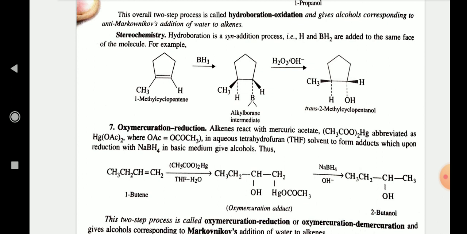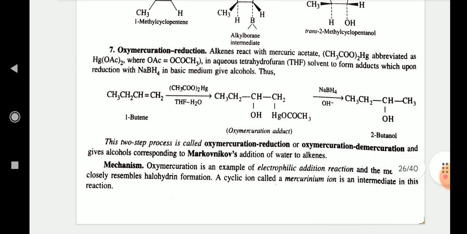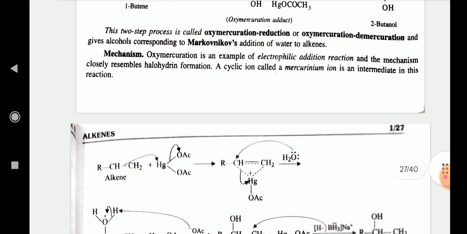Seventh is oxymercuration reduction. Alkenes react with mercuric acetate, Hg(OAc)2, where OAc is equal to OCOCH3, in aqueous tetrahydrofuran solvent to form adducts, which upon reduction with NaBH4 in basic medium give alcohols. This two-step process is called oxymercuration reduction or oxymercuration demercuration and gives alcohols corresponding to Markovnikov's addition of water to